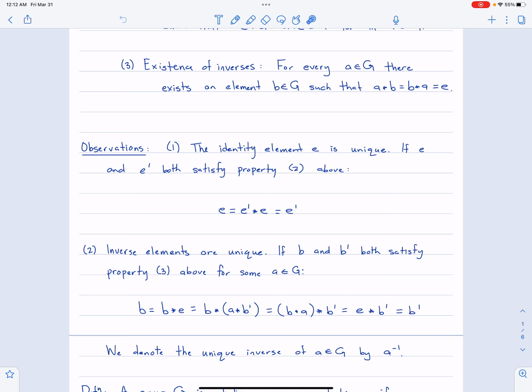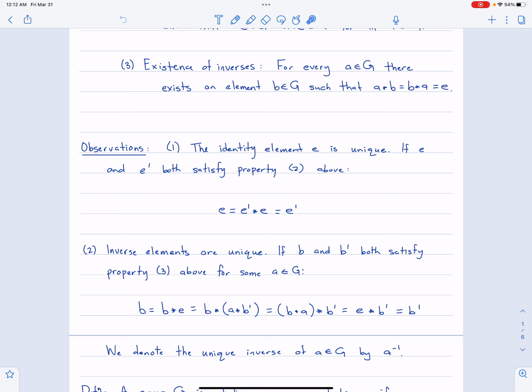Well, if I look at this product here, B times A times B prime, well, if B is the inverse of A, then this should just be the identity, and hence, when I multiply by B prime, I just get B prime. On the other hand, by associativity, I can rewrite this as this product here, and if B prime is an inverse to A, then A times B prime should just be the identity, and hence, this product just boils down to B. So we see that B is equal to B prime,